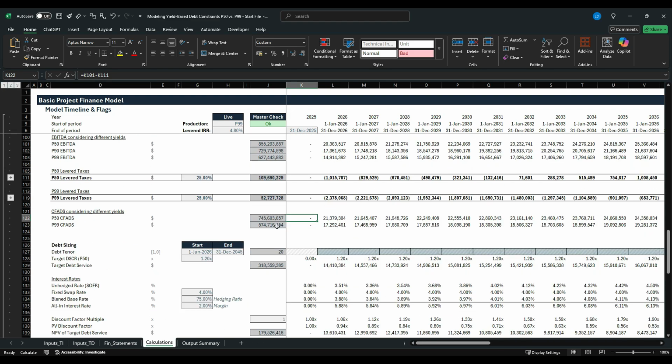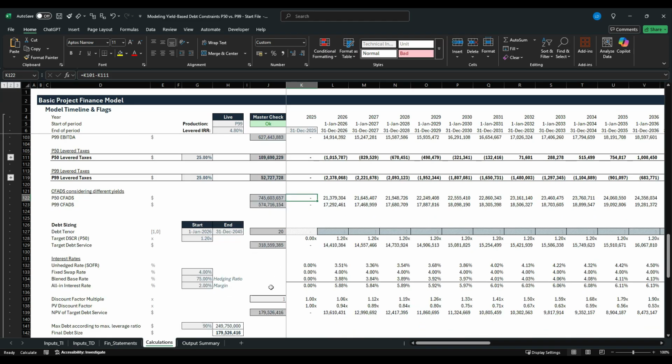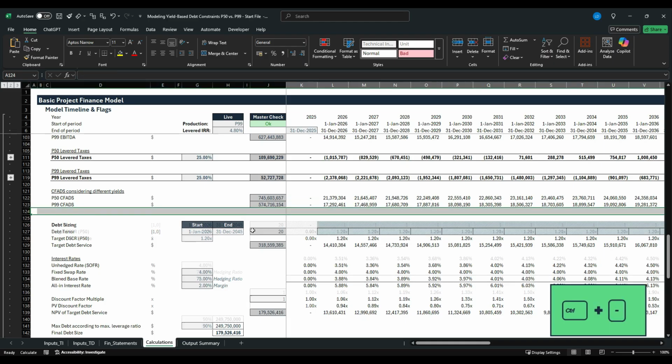Now, if you ask why this number has changed by changing the production scenario, that's because we are still in our live case structuring and referring to the wrong CFADS to model our ultimate debt. So if our debt quantum here would have been frozen and just hard-coded, then these CFADS wouldn't have jumped, because the CFADS change in accordance with our levered taxes, which are affected by our tax-deductible interest expense. That's why these numbers here change, but that's to be expected the way we have set up the model so far. So we can delete one row here,